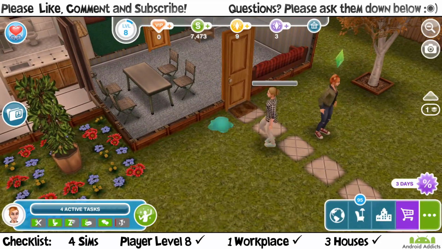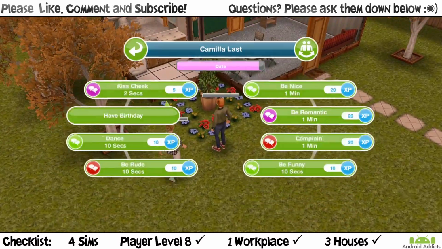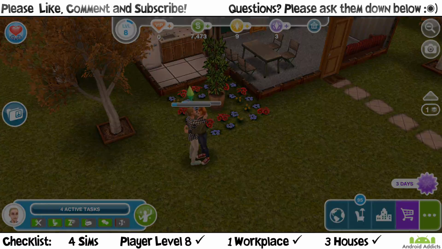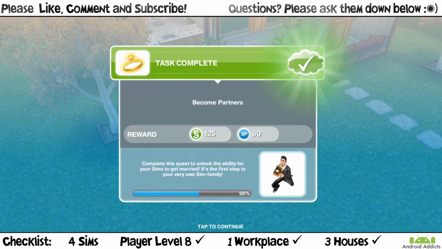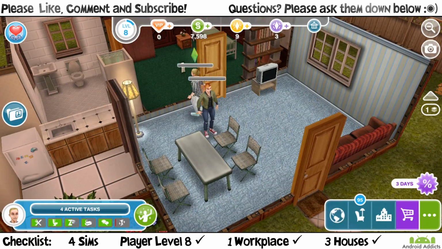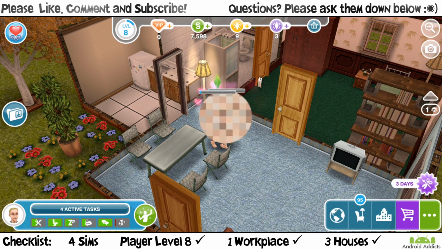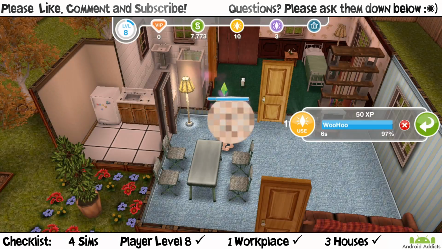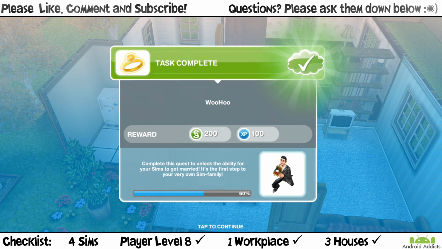Let's just clear up this urine first before we be romantic. It's not very romantic having urine lying around, is it? There we are. Okay, so we're now partners, which is great. Now it's time to woohoo. We all know what this means. You'd think they'd probably go into the bedroom, but obviously not in this case. I suppose they have only got a single bed, which is a bit unfair. Okay, once that's complete, quick 5 minutes that was,